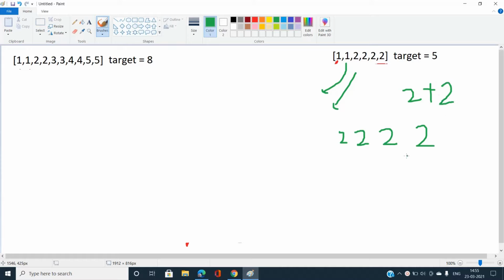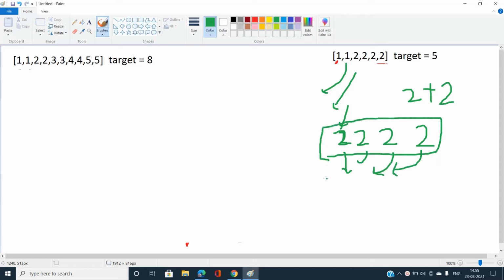So I am checking the length of the common segment, that is, how much of this segment is exactly equal to this first value. This 2 is also equal to this, and this 2 is also equal to this. If all these elements are equal, then I need to select only two elements from the count, so I'm just doing count C2, like a binomial expression. So this is my total number of pairs.